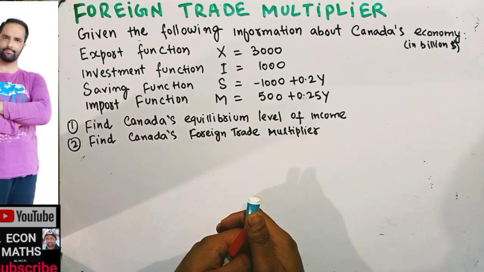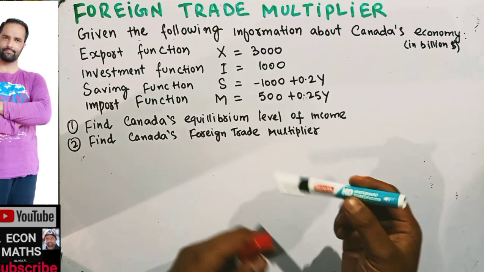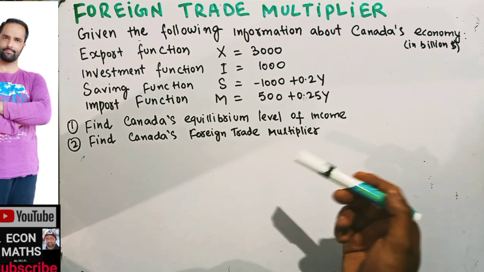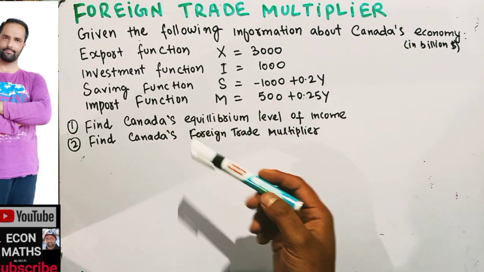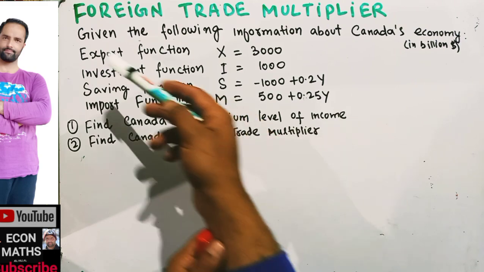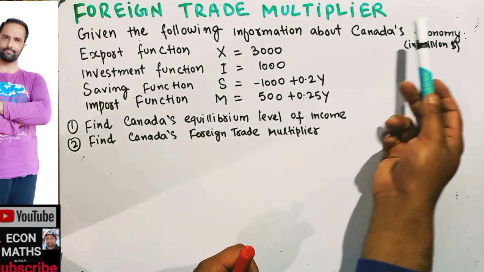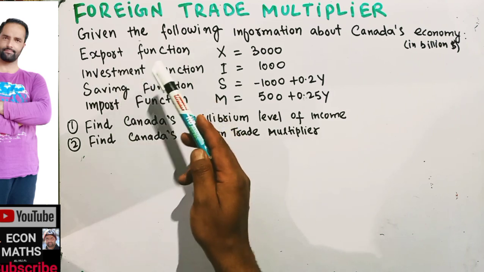In this video, we will try to solve a problem on how to find the foreign trade multiplier and the equilibrium level of income when we are being given the export function, investment function, savings function, and import function. The question is like this: given the following information about Canada's economy, we are being given the export function is